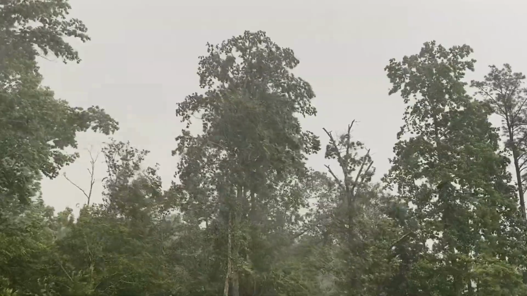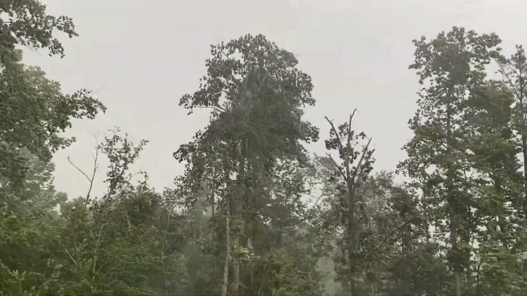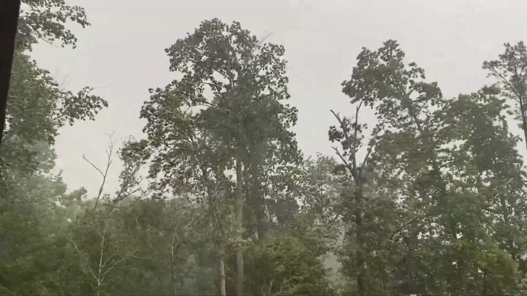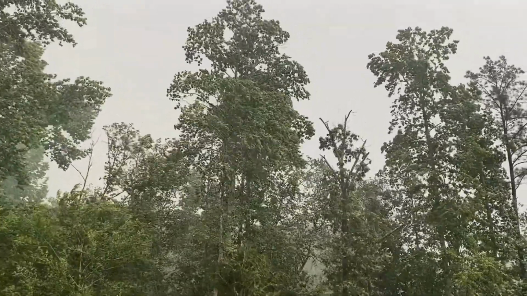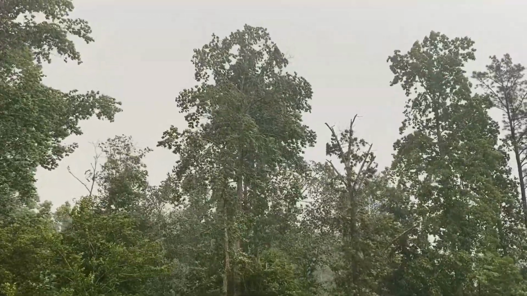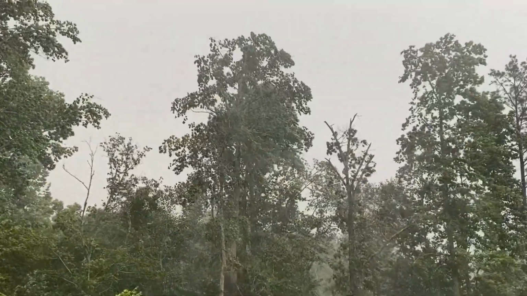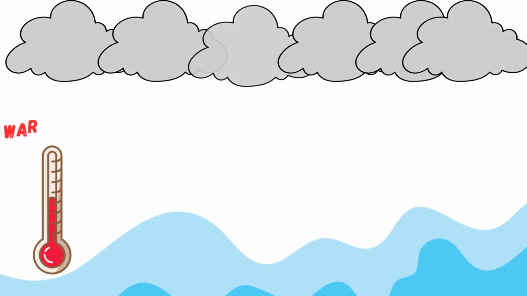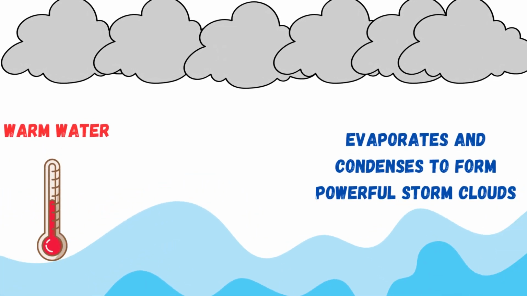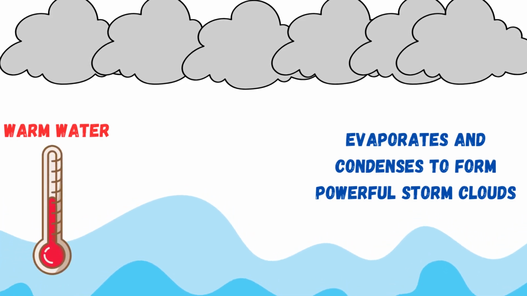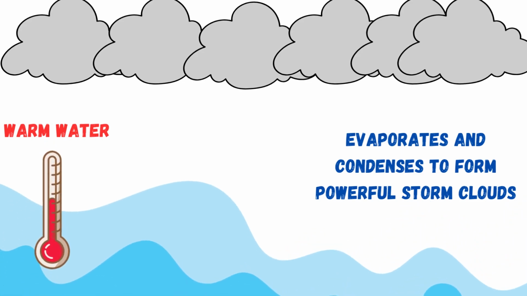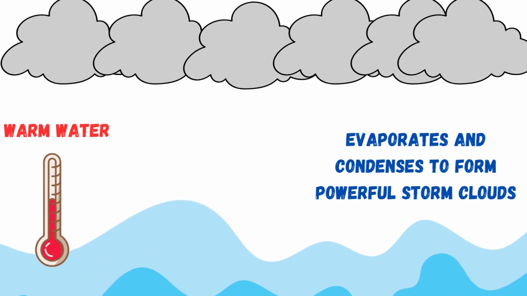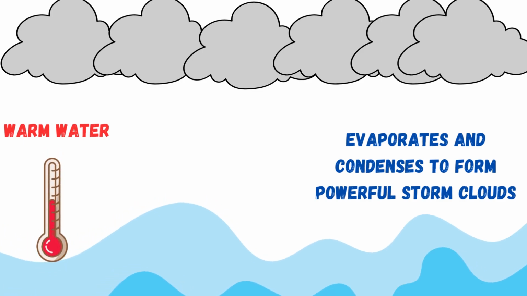Hurricanes are very powerful storms that form over the warm ocean waters, and these storms can be very powerful when they hit land, and they can cause lots of wind damage, lots of rain, and storm surge and flooding. Let's break down how these hurricanes are formed. First, you need warm waters, and these warm waters are usually found near the tropics and close to the equator, like the Gulf of Mexico or off the coast of Africa. This is the main breeding ground for many of the powerful hurricanes that hit the US.